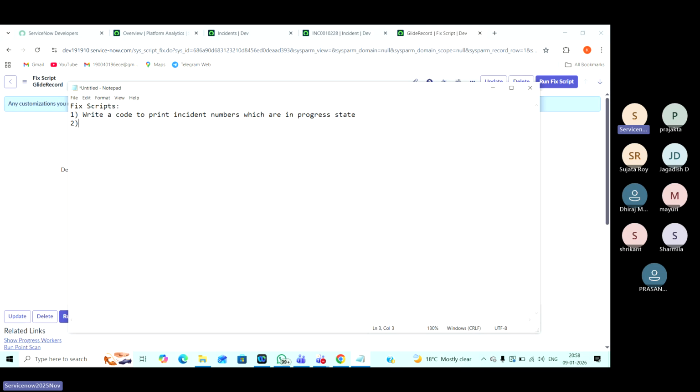And write a code to print incident numbers which are active. Write code